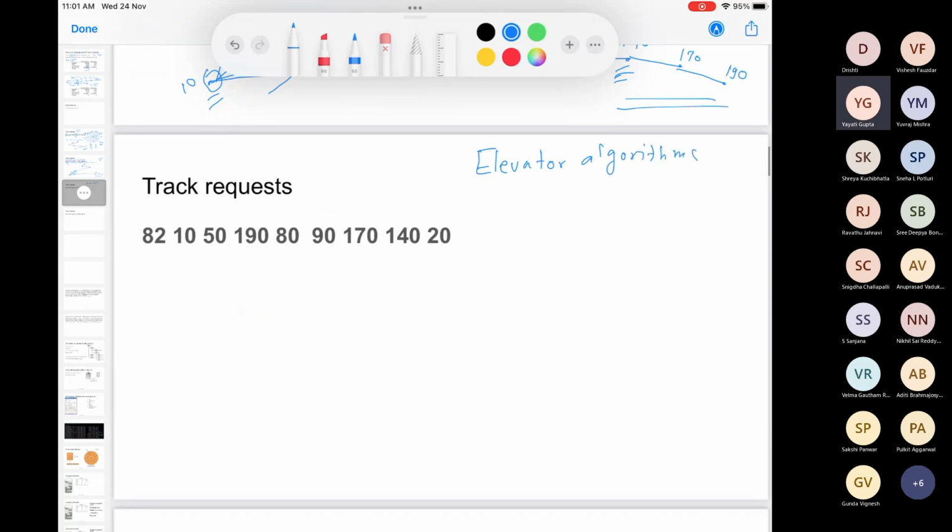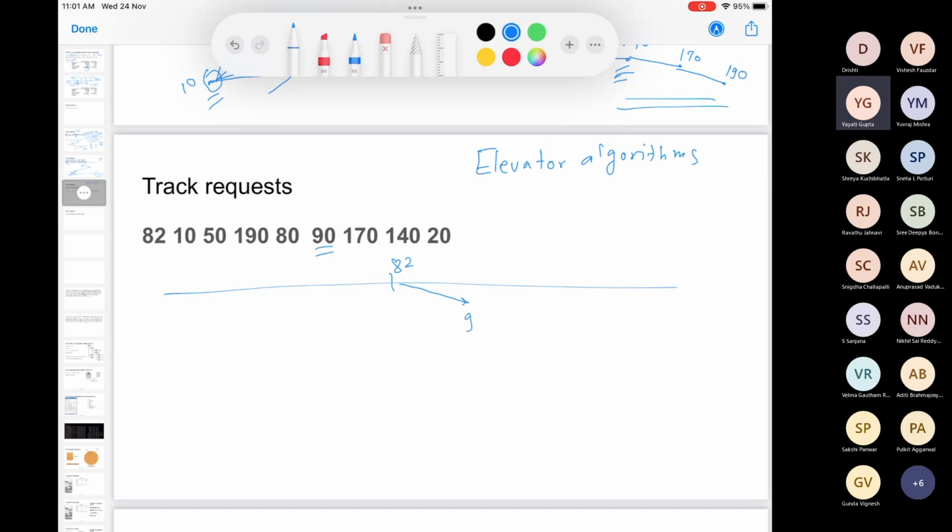So you can just have your read write head move from this part to this part, from your first track to the last track, and then come from the last track to the first track, again go back, and whatever keeps coming on the way, you can service that. But then you need to take care of one thing here. So let's say you are currently at 82, right? And let's say you are moving towards the right side. So the read write head is moving towards the right side. What is the next request that we will service?